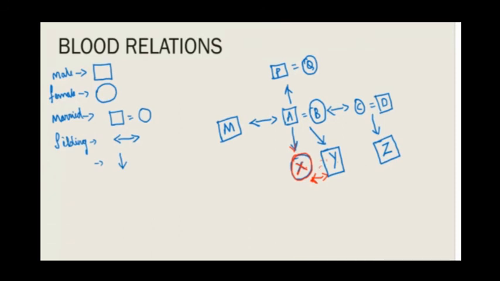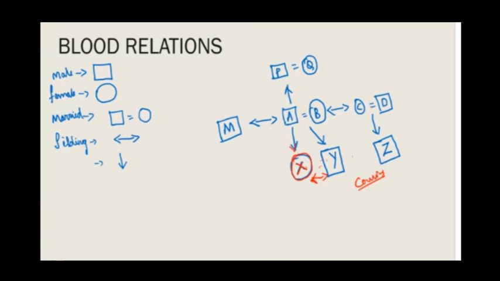What is the relation between Y and Z? I can easily say Y's aunt, that is Y's mother's sister. Y's mother's sister is nothing but aunt. Y's aunt's son is nothing but Z. So Y's aunt's son, what do you call? You call them cousins. Same parents, you call brother, sister. So it is uncle's or aunt's daughter or son, you call cousins.